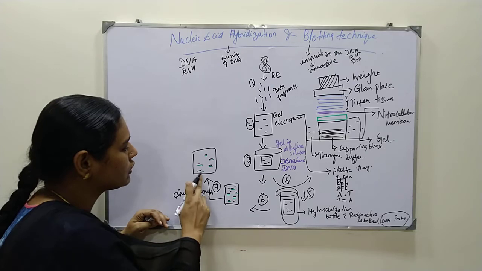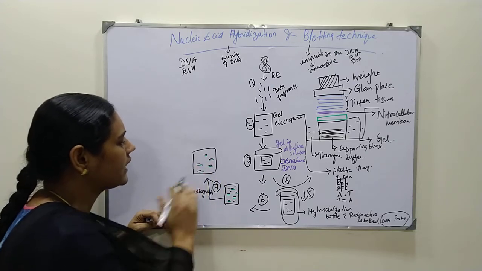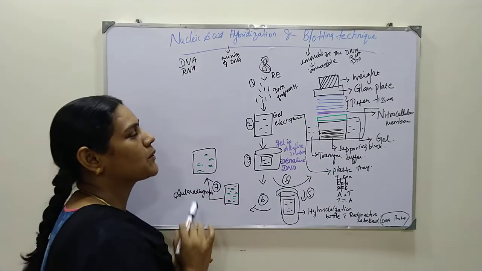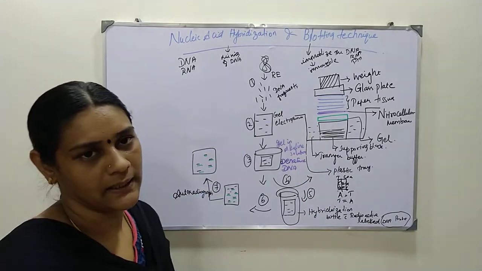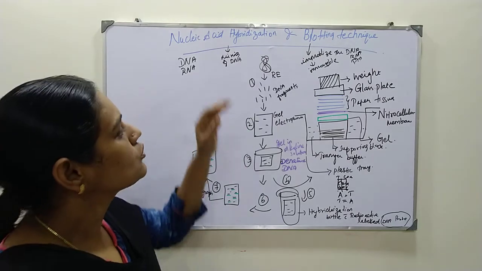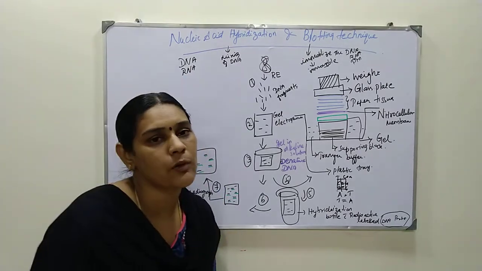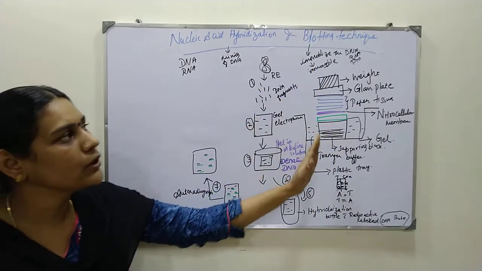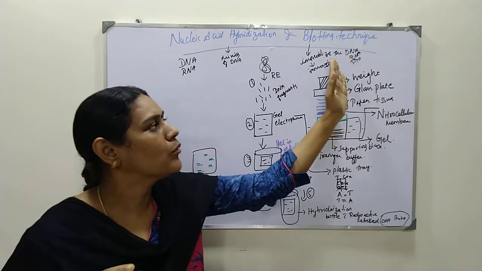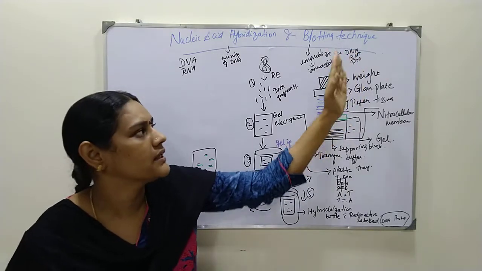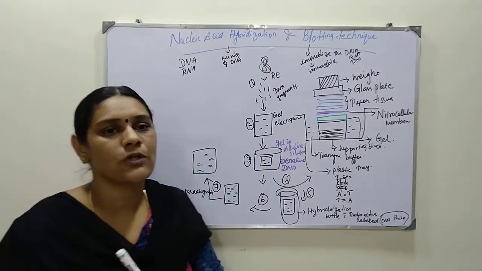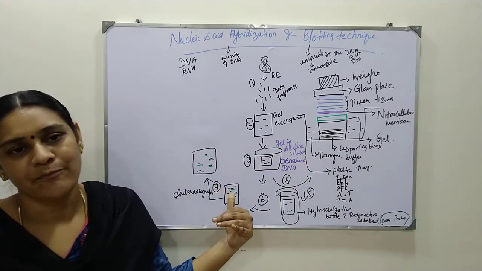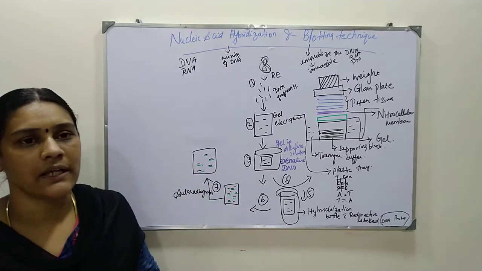This autoradiograph will show you only the double stranded DNA with the complementary DNA. Okay, so this is just an experimental way of the blotting technique along with the hybridization. Blotting means immobilizing the DNA, as I explained here. We immobilize the DNA, RNA or protein on the nitrocellulose membrane, by which technique we can identify the DNA. Okay, so this is the blotting technique.